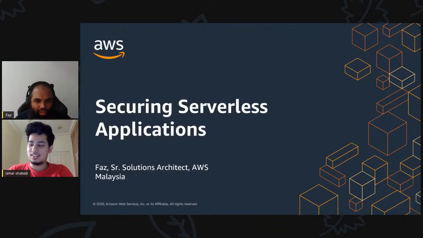We're going to be talking on securing serverless applications. We're going to keep it simple, so it's more about the theory because we could. What we are going to do is take a lot of these concepts and then build it out in future workshops and maybe series and seminars, which will happen in the future. But the key thing is just to leave you with some of the theory so that you can start looking at it. If you're already building projects, then you can take that as guidelines of how you can secure your applications better.